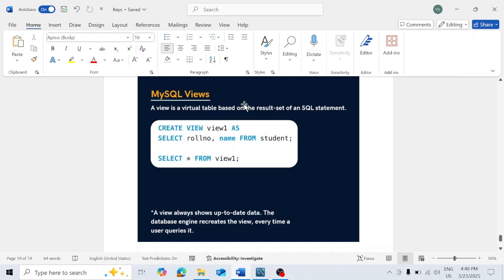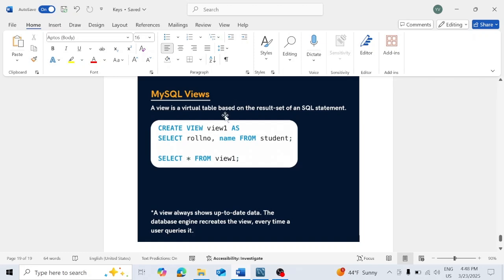Alright guys, so in this video we are going to learn about MySQL view, what a MySQL view is, and how you can use different queries in it. A view in MySQL is essentially a virtual table that is created based on the result of a select query. So think of it like saved queries that you can use repeatedly without having to rewrite it each time. It does not store any data itself, but rather pulls data from the underlying tables when you